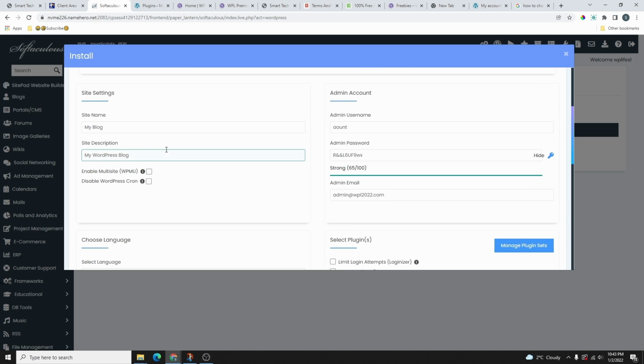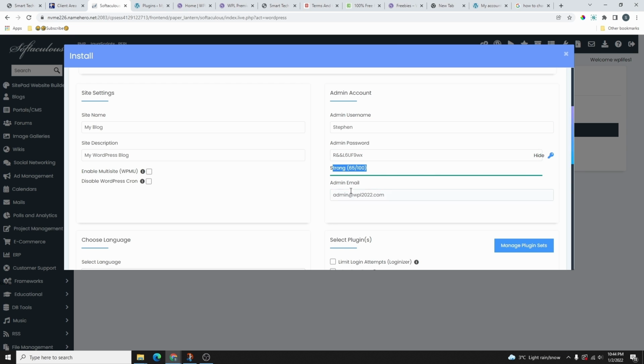Once you do that, you scroll down here, and the site name, the site description, we can change that from your WordPress dashboard. For now, we're going to skip that. And then your admin username, make sure you change this to something unique to you that is easy for you to remember and also hard for other people to guess. Don't use your name, don't use admin, don't use anything that is easy for someone to guess. But for this tutorial, just to make it easy, I'm just going to use my name, but don't do that. So I've gone ahead and entered my name as my username,